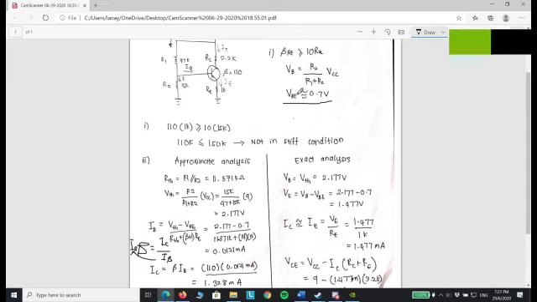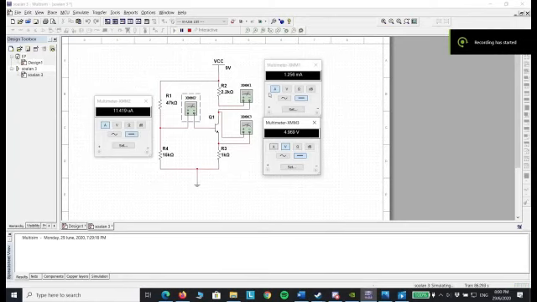So let's proceed to the Multisim simulation. This is the Multisim for question 3. As you can see here, this is the R1, the R2, the RC, the RE, and the NPN BJT. So the IB is 11.419 microampere, the IC is 1.256 milliampere, and the VCE is 4.969 volt. So the values that we get from the Multisim are not far off from what we get from the calculation.